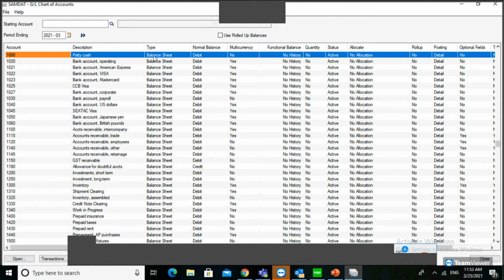You can define whether this is a balance sheet type, an income statement, or retained earnings. You can also see the normal balance. Let's say if you are doing revenue, it should always be a credit normal balance. Expenses should be a debit, assets should be a debit. Likewise, you can see what the balance should be.